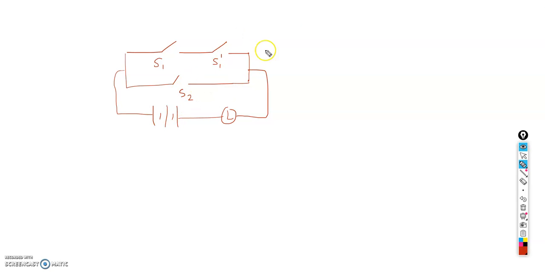Now we have to solve this problem. What is our objective? Somehow we have to switch on the light. That could be one objective, or it could be to switch it off. So our objective in this diagram is to convert the given circuit into the symbolic representation. How can we convert it into the symbolic representation? That is our objective.